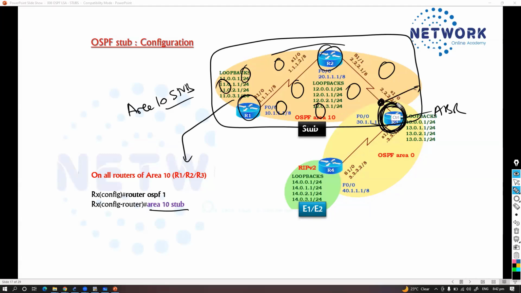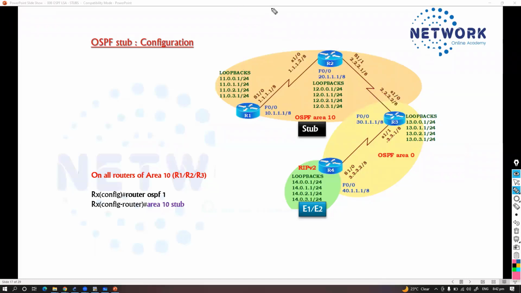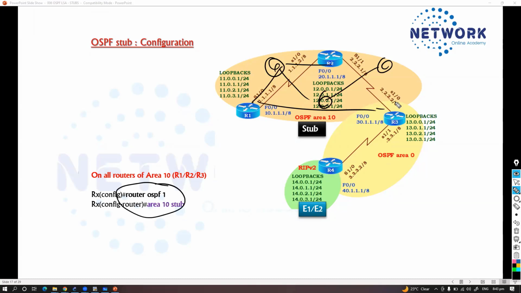This border router is the one receiving the external routes, and it is going to stop those external routes here itself and not inject them into area 10. So if the border router is unaware, then that's not going to work. One thing we need to keep in mind is that this command has to be given on each and every router. By mistake, if you miss any one of these routers, let's say I forgot to configure this router, so this router is a stub and this router is a stub, but you missed this one,